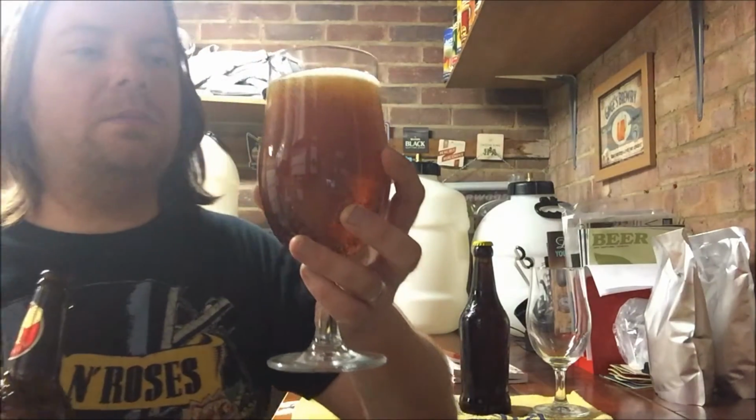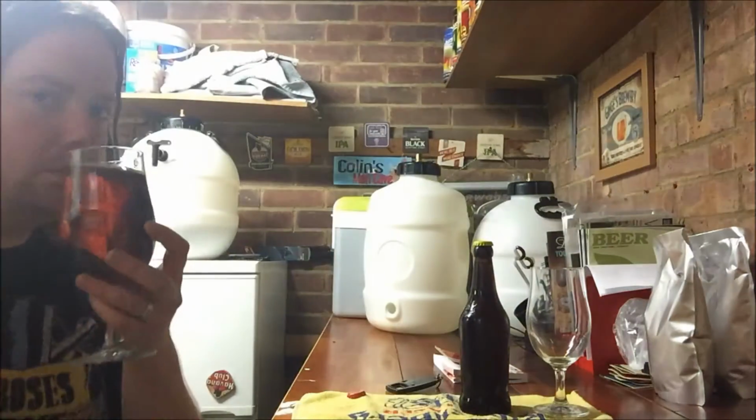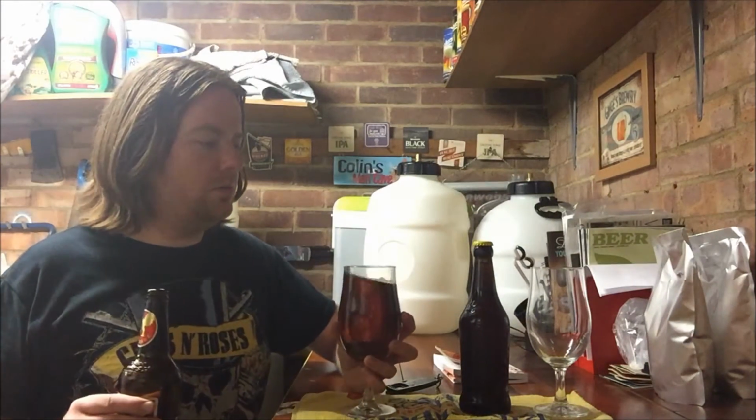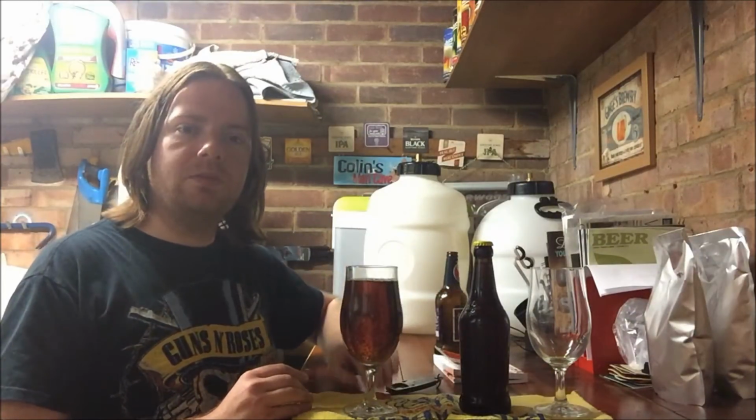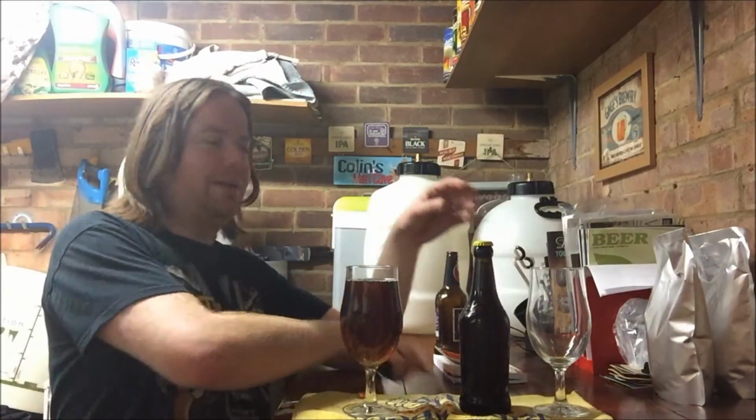Well, because there shouldn't be any sediment in there. You can see that's quite fizzy. Quite a tasty nose to that too. Right. I'm going to leave the beer cap behind it so I don't get confused and forget which one is which. And now,